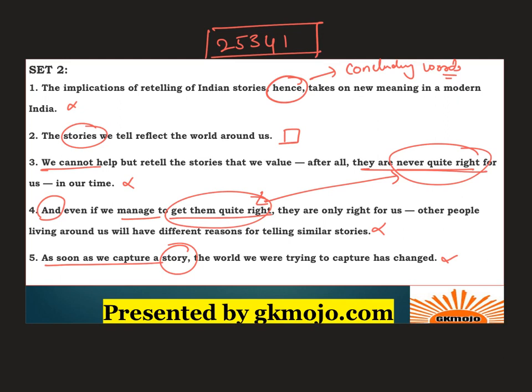So this was a particularly easy set. You should have picked this up in the examination as soon as you saw this. Even the theme was very easy about storytelling and capturing the stories of the world. And getting mandatory pairs in this particular set was also very easy. They had given ample amount of clues to get the correct sequence in order, right?